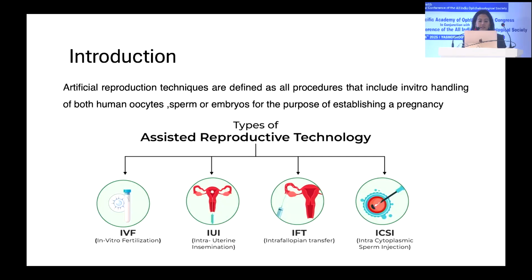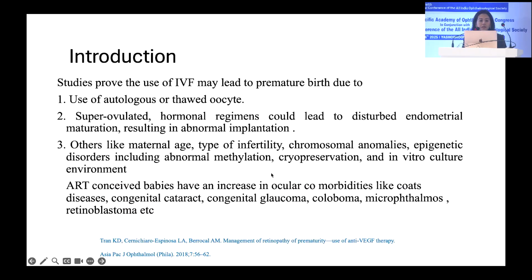And the main techniques that are a part of ART are basically IVF, which is in vitro fertilization, IUI, which is intrauterine insemination, GIFT, which is the gamete intrafallopian transfer, and ICSI, which is the intracytoplasmic sperm injection. Studies have proved that the use of IVF may lead to premature birth, and this could be because of the